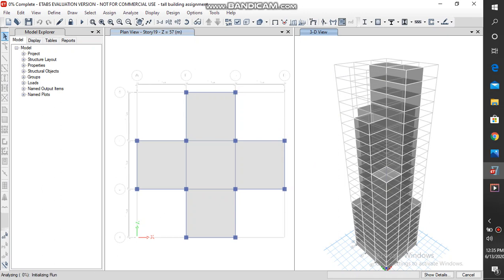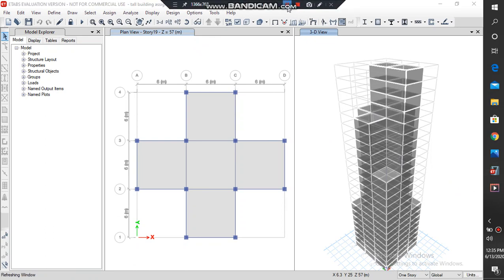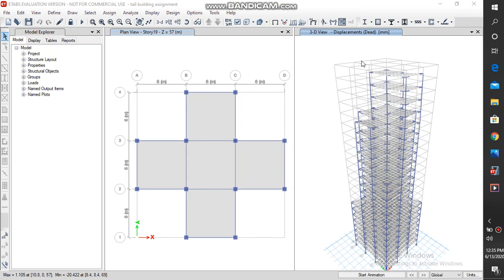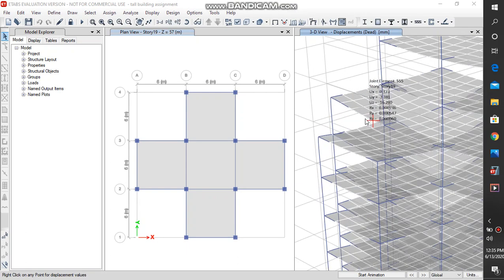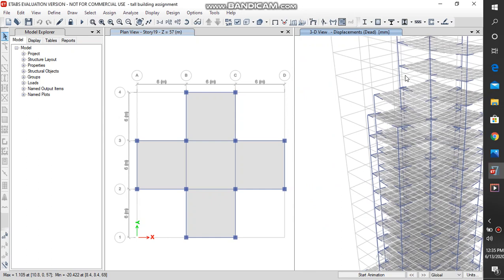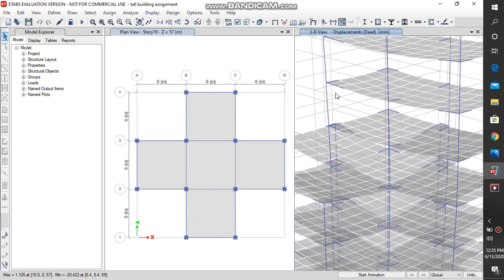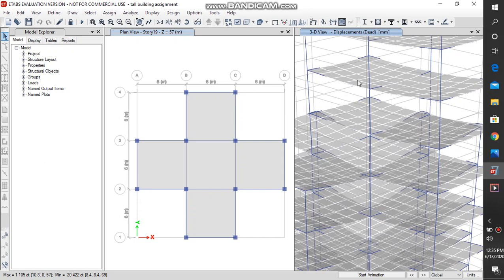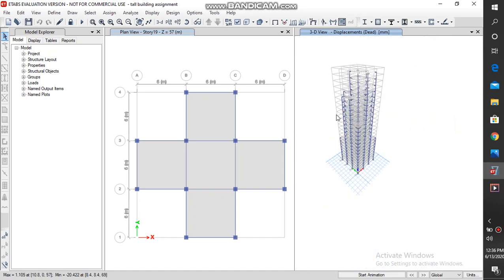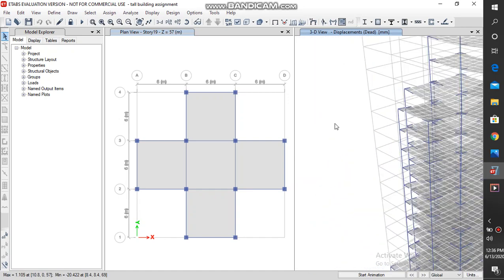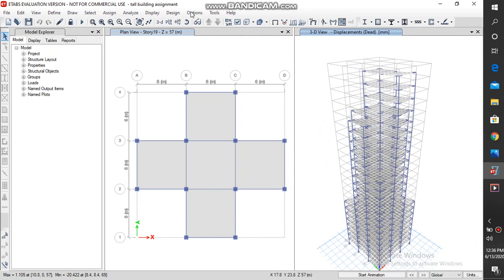Now we can see that the analysis is done, and we can see a curved shape, which is nothing but the bending of our slab. Whenever you place your cursor on any point, you can find various displacement values. Now let's begin the final step, which is designing the structure.